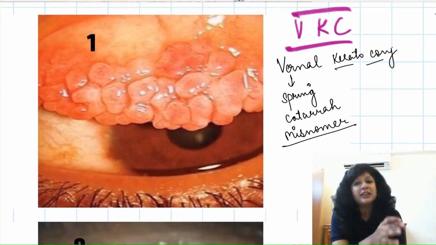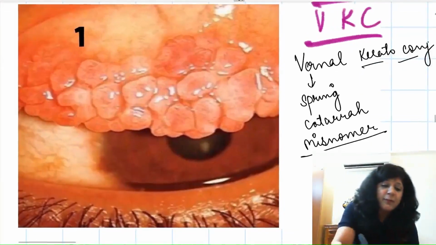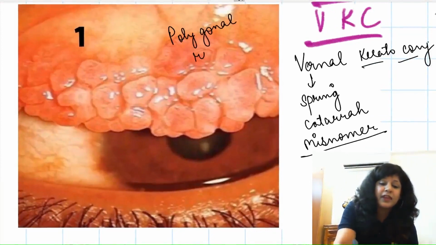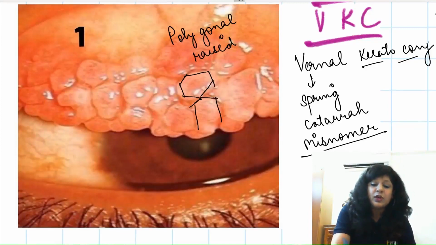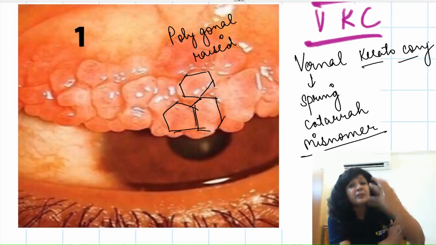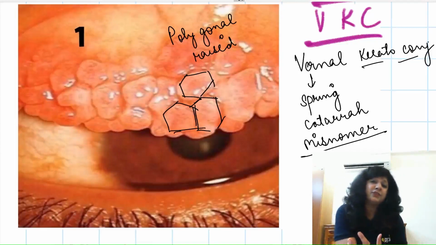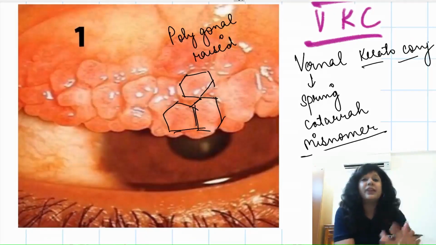So I'll start with the conjunctiva. So first start with the palpebral conjunctiva. Typical polygonal raised areas. You will get the polygonal raised areas in the conjunctiva. Polygonal, like they can be hexagonal also, and they can be pentagonal also. So we have got the different kind of things they are presenting, and sometimes that much of raised areas hyperplasia takes place that the patient is not able to close the eyelid even. So even exposure dryness takes place.